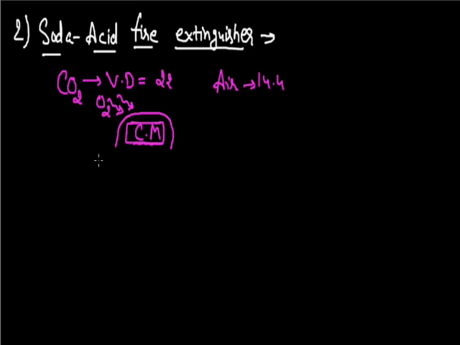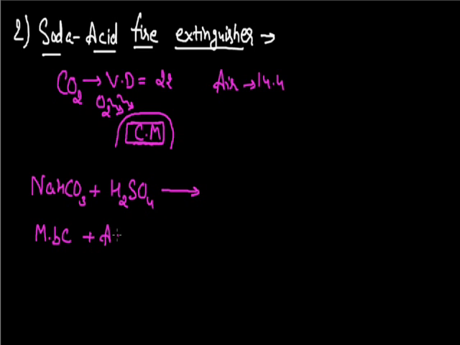And now, to produce this carbon dioxide gas, we use baking soda, that is sodium bicarbonate. When this sodium bicarbonate is reacted with sulfuric acid, H2SO4, as we know, when a metal bicarbonate reacts with an acid, carbon dioxide gas is evolved as the confirmed product with the formation of a molecule of water, and here a salt is also formed. The formula of this salt is Na2SO4. The reaction will be in the balanced form.